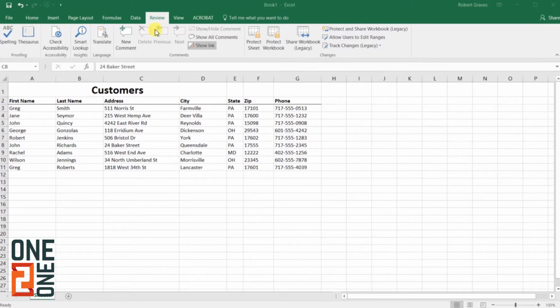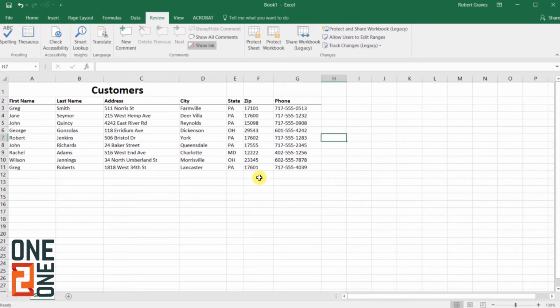So in today's example, we're going to open up a spreadsheet in Microsoft Excel. And here you can see we have a list of customers. Maybe this list is of customers who aren't paid up to date, or perhaps you're calling them for a specific reason, and you want to add a note to a specific customer. Now you could create a whole new field at the end of the sheet, but what if you only need to make a few notes for a few clients, or some of the notes need to be long? In some cases, adding an extra field doesn't make sense, and in those times, comments can be a great way